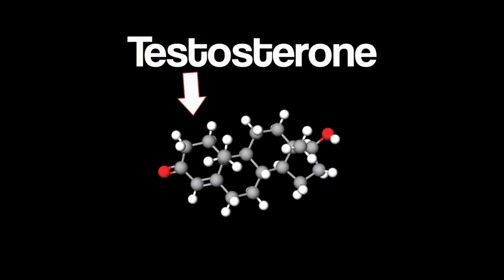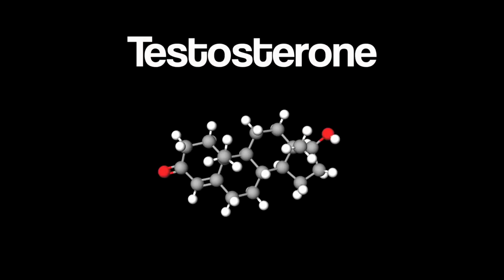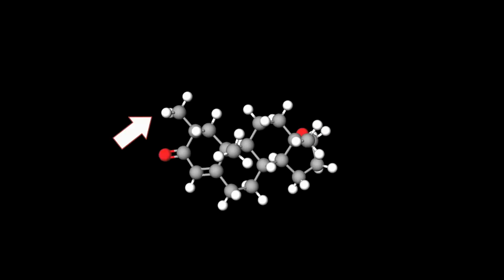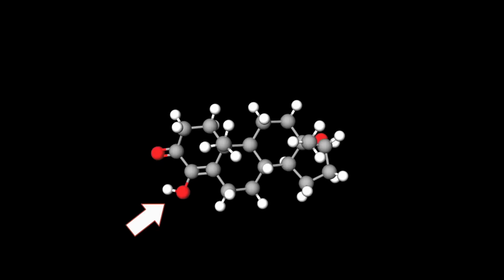This is because the methyl group at the C17 position slows down the ability of the liver to make it inactive and break it down. Adding a double bond from carbons 1 to 2 significantly decreases androgenic activity and boosts anabolic activity. Adding another methyl group at carbon 2 boosts anabolic activity. And one reason is because a methyl group at this position seems to stop the ability of aromatase to convert the steroid to estrogen, and that's why the anabolic activity may be boosted, because it's actually not being converted to estrogen. Adding an oxygen to hydrogen group at the C4 position can make a steroid up to